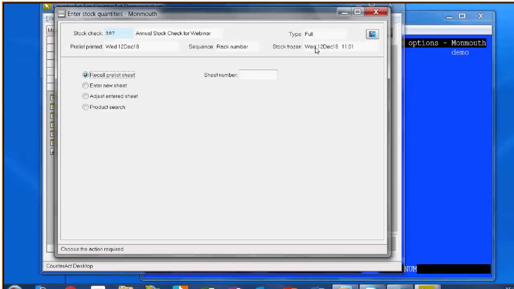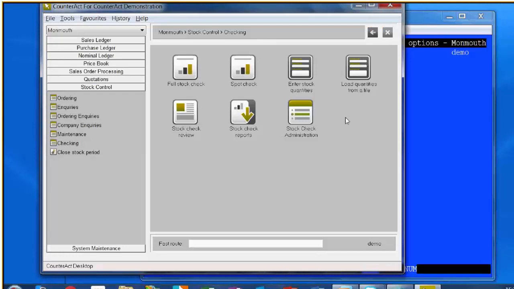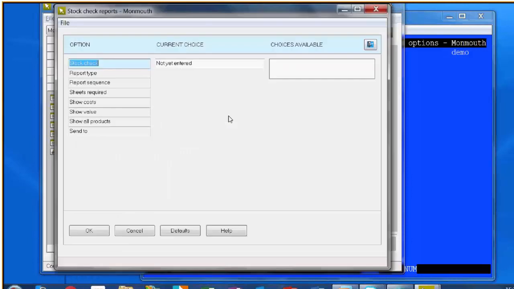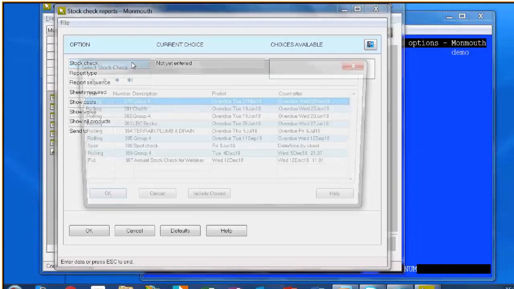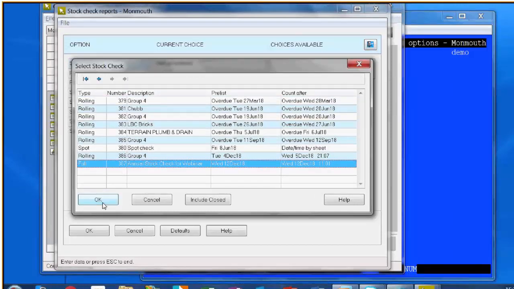Up here it's telling you the date and the time. It was actually frozen, which is what we did this morning. Snapshot. Yeah, and this is stock check 387, which is always worth remembering which number it is. So as you're entering the quantities and time's going on, these stock check reports can be looked at. And when you click on this field, stock check, you can pull up your stock check that you're interested in,